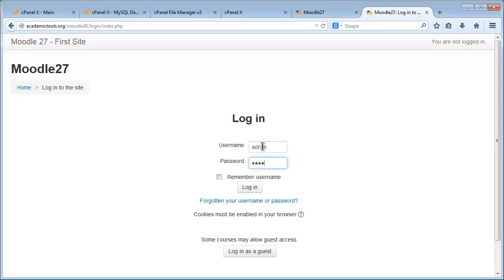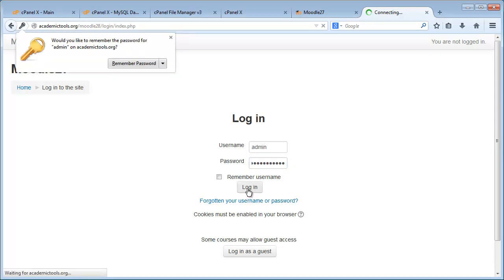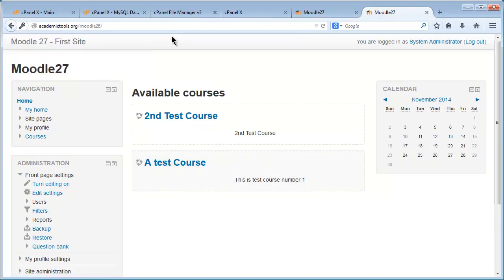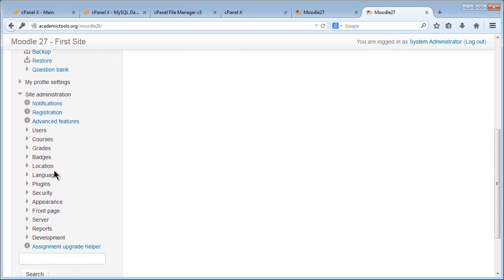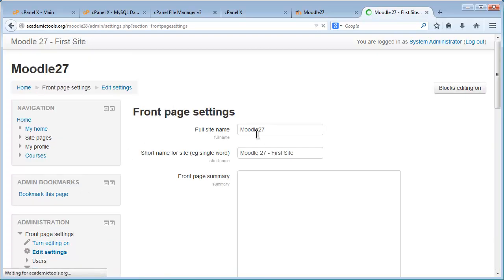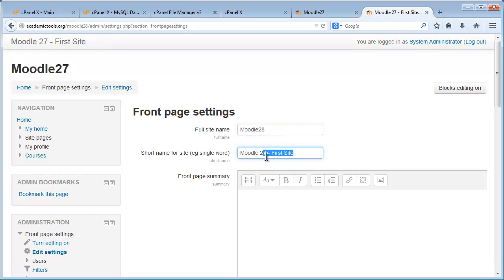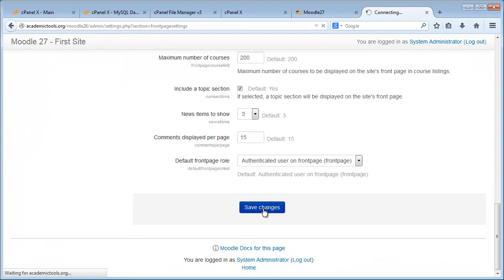So admin, password, click login, and I'm going to change the site name here, and then go to the front page, call it Moodle 28, and Moodle 28 second site, or call it shadow copy. Press save,